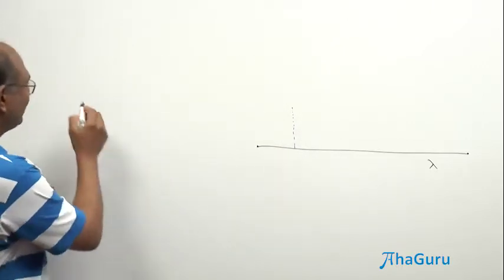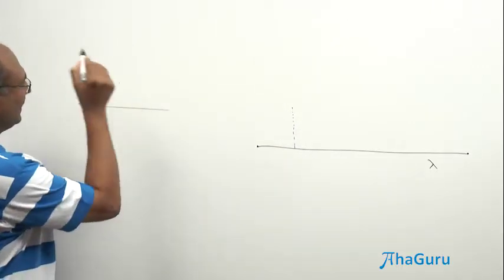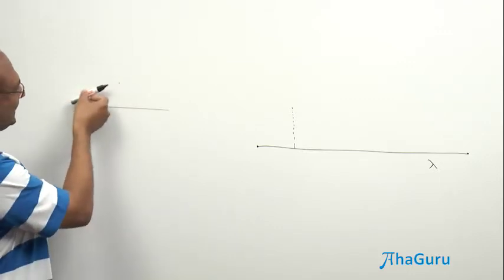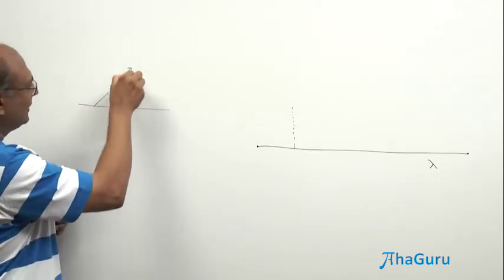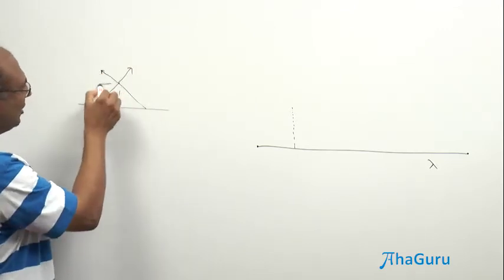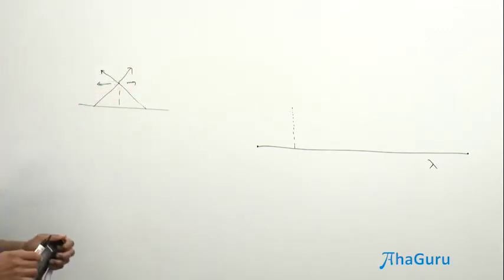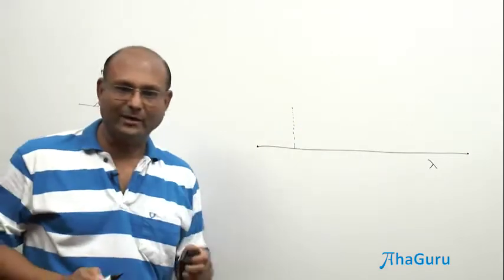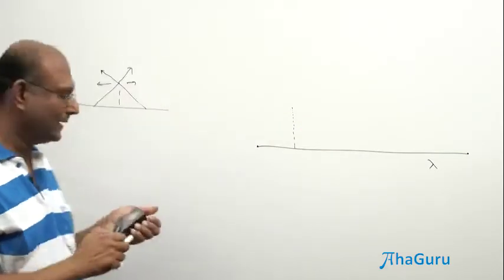If it was a more symmetric question, right in the middle, then you expect that this element and the corresponding element on that side, the horizontal components would cancel. You can't say that here at all. In fact, it won't cancel, right?